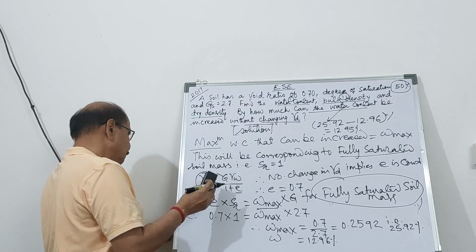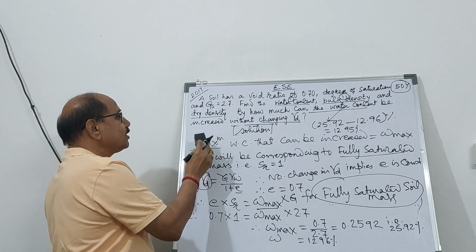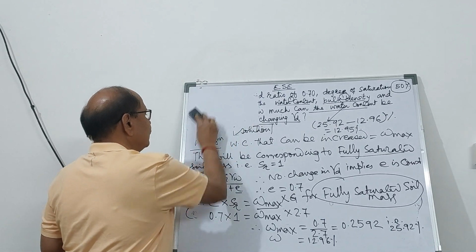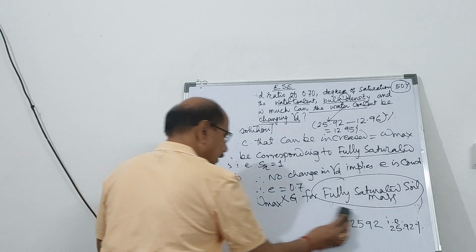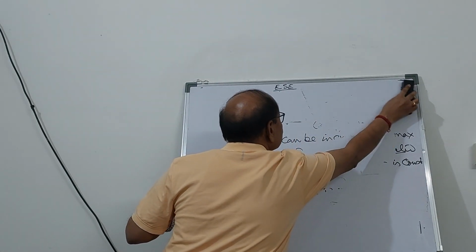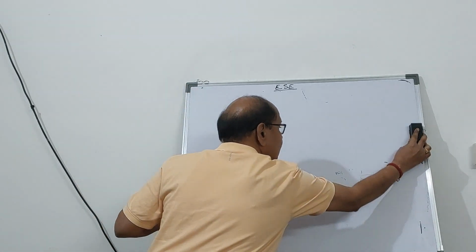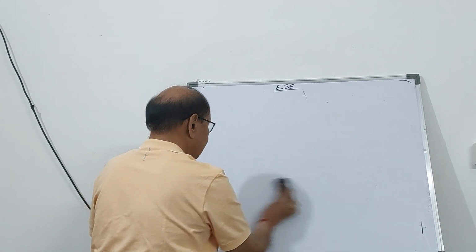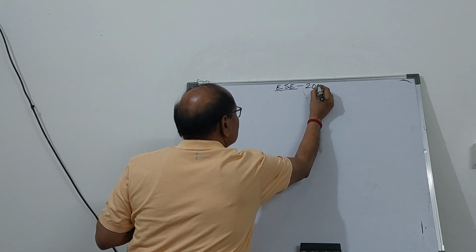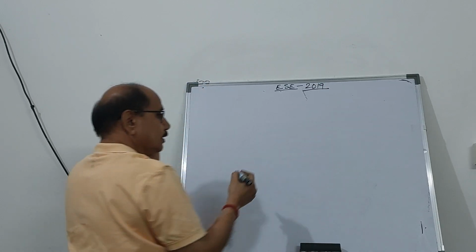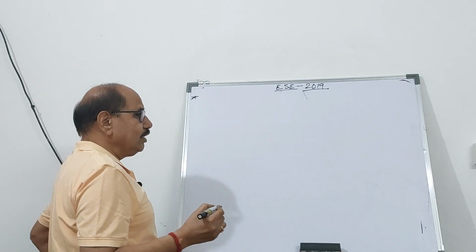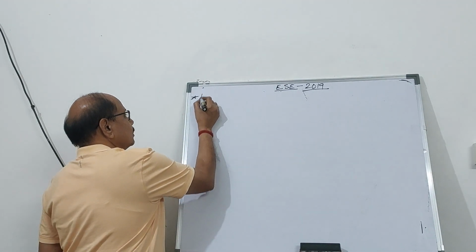The next problem on basic soil properties, I will take it from the ESE 2019 problem. The problem is like this: liquid limit and plastic limit